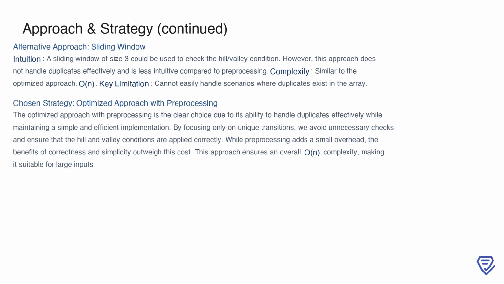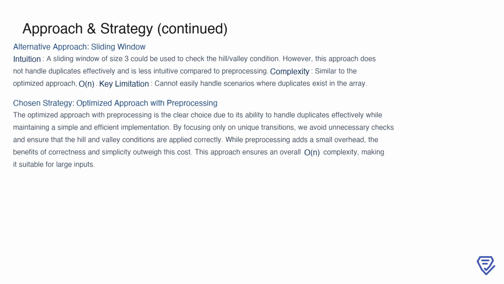By focusing on unique transitions and eliminating duplicates beforehand, it ensures that hills and valleys are identified accurately while maintaining simplicity in the implementation. The small pre-processing overhead is a worthwhile trade-off for ensuring correctness and avoiding redundant calculations. This makes the optimized approach the most reliable and efficient solution for counting hills and valleys, especially when working with